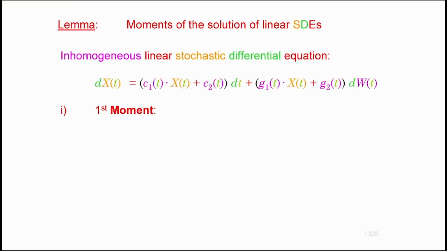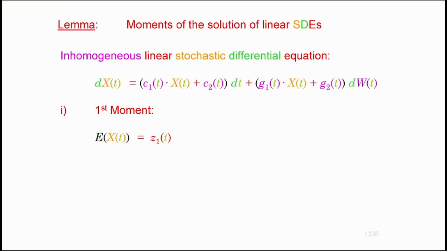And the question is, how would you get the first moment? I'm going to prove those statements, but not going to address an example. So I would like you to look at an example, at least for the geometric Brownian motion. Now, regarding the first moment, which is simply the expectation, it's still a lot of work to do.